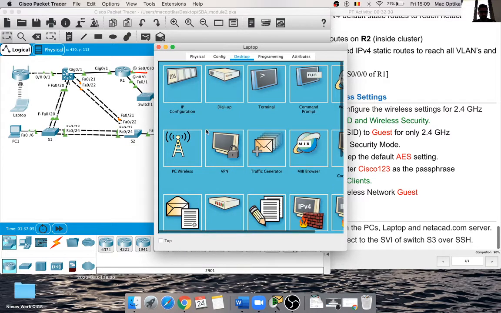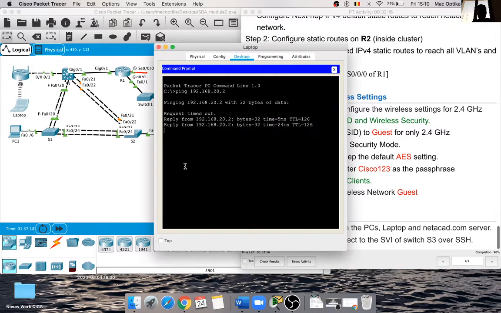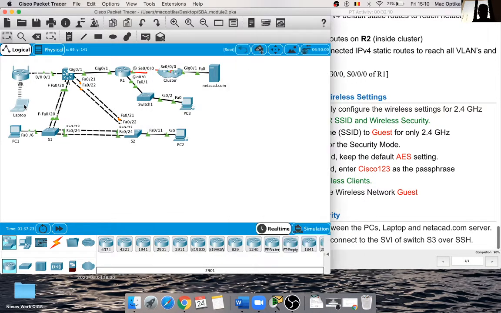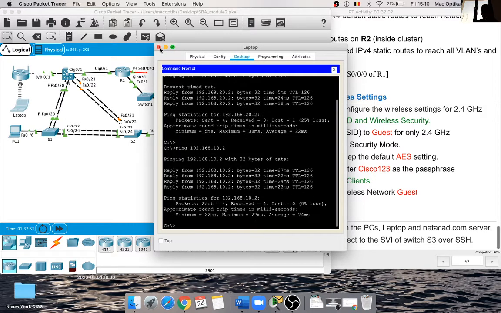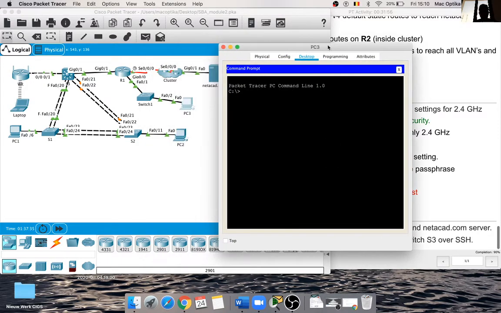If I have laptop, ping. Good. If I have definitely that one as well, I have to do it, 10. That's good. If I have this part, ping between PCs,